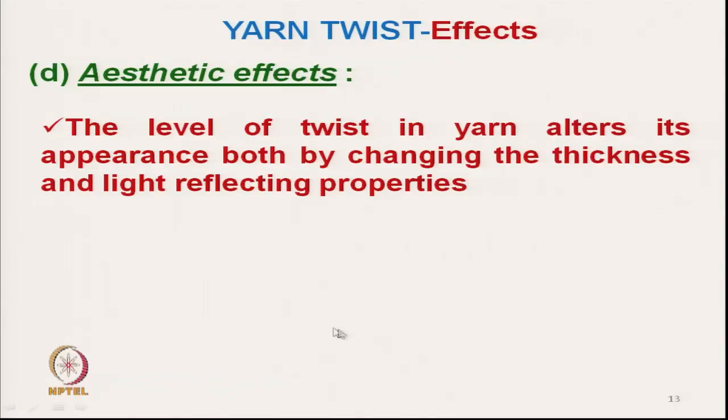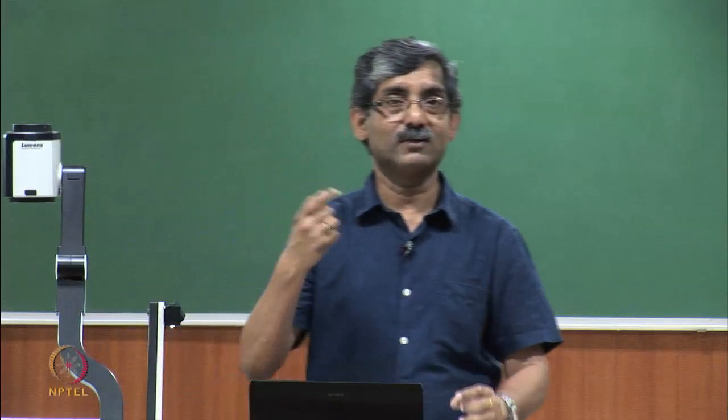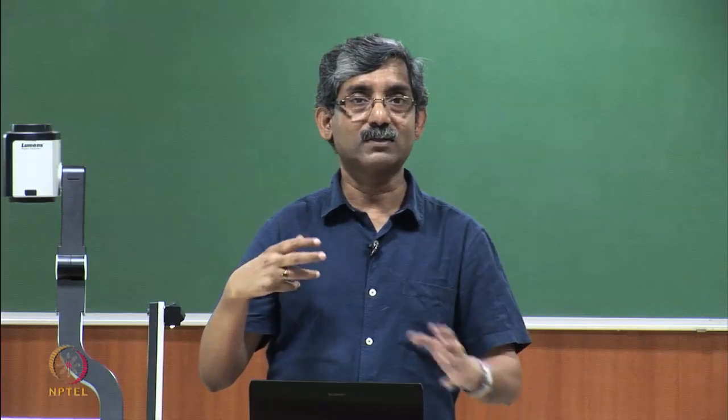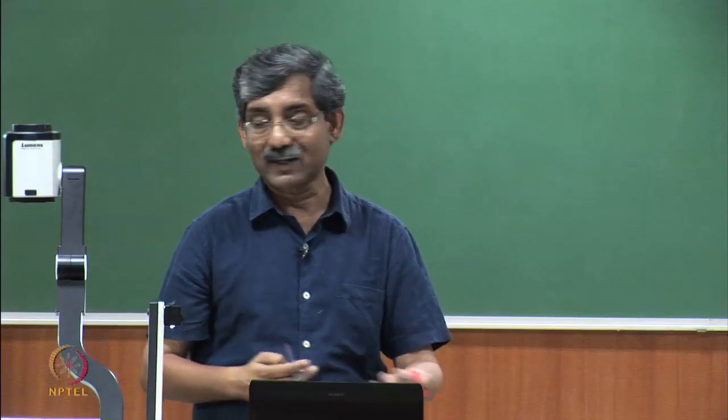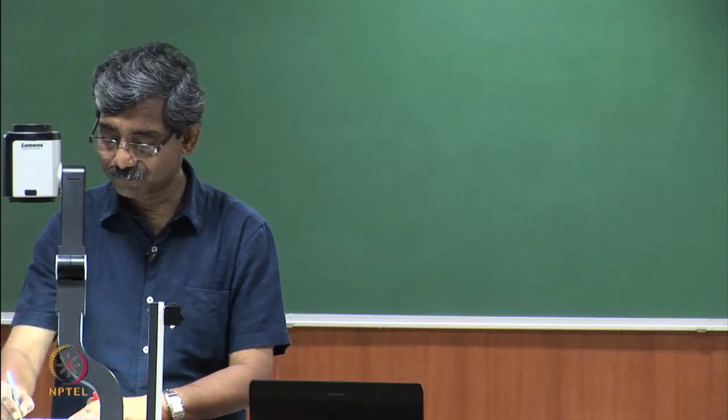Next characteristic is the aesthetic property. One of the aesthetic properties is shiningness. The level of twist in yarn alters the appearance both by changing the thickness and by light reflection. So, the fabric with low twisted yarn will have uniform reflection, whereas in case of high twisted yarn, it will scatter the light. Like a fabric made of say zero twisted yarn